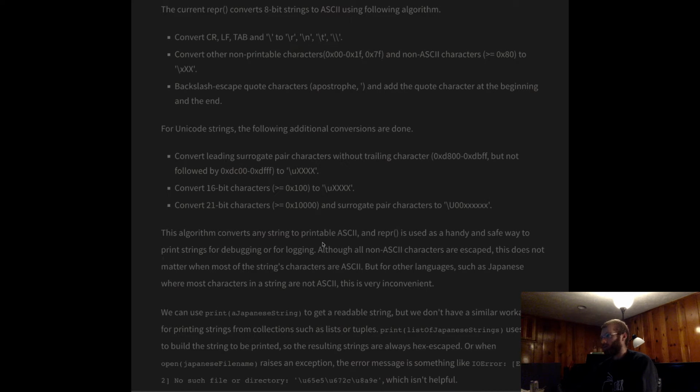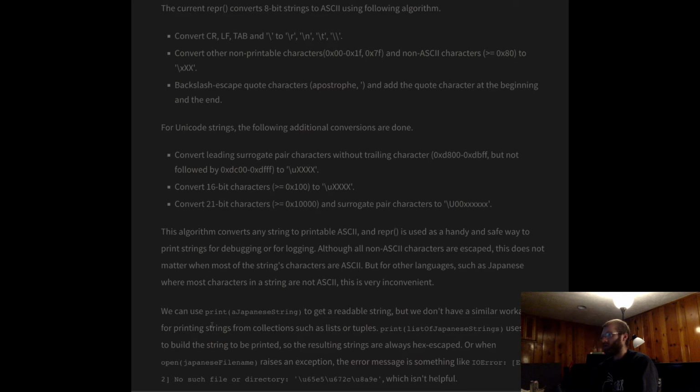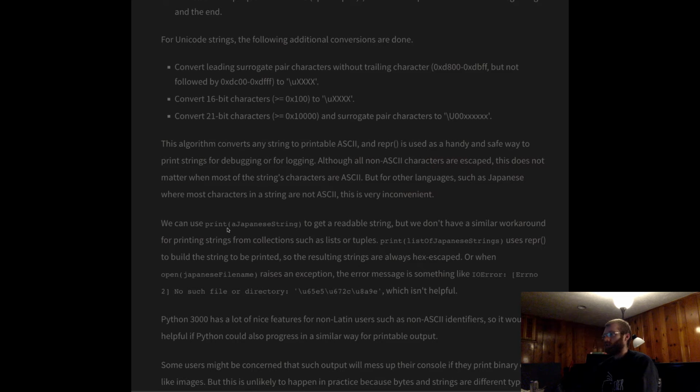print strings for debugging or for logging. Although all non-ASCII characters are escaped, this does not matter when most of the string's characters are ASCII. But for other languages, such as Japanese, where most characters in a string are not ASCII, this is very inconvenient. We can use print on a Japanese string to get a readable string, but we don't have a similar workaround for printing strings from collections, such as lists or tuples. Print of a list of Japanese strings uses repr to build the string to be printed, so the resulting strings are always hex